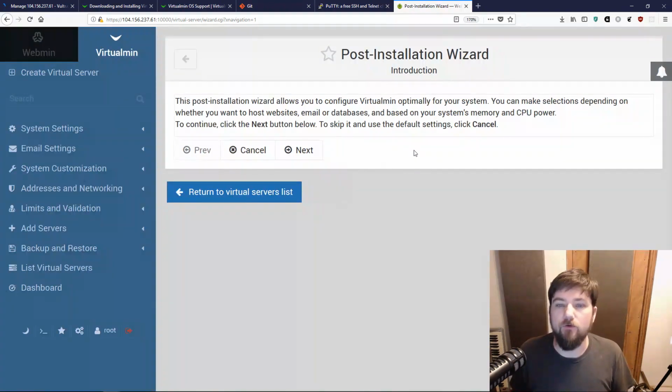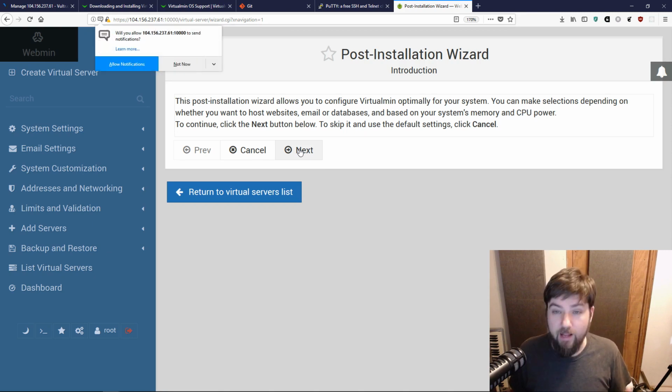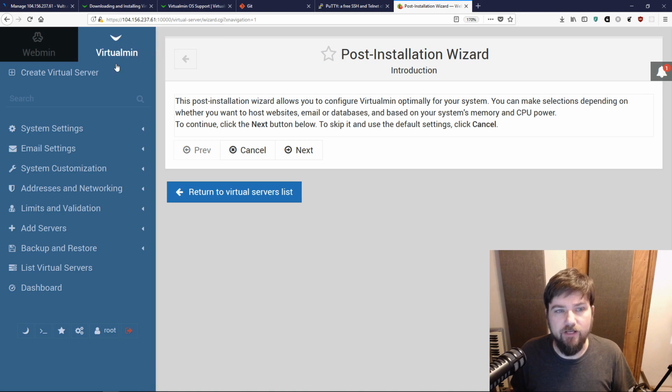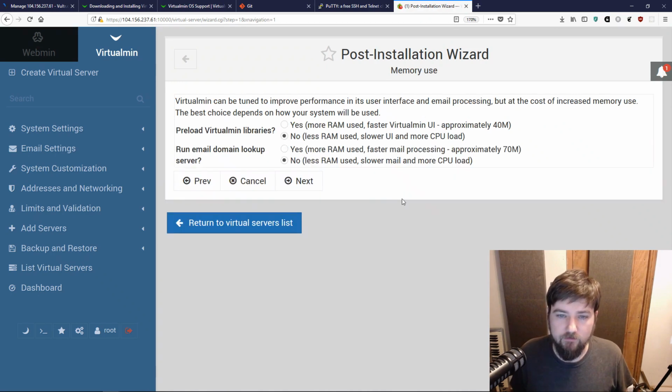Okay, so now we're going to run through the post-installation wizard. This is Virtualmin asking you a few questions about what you'll be using your system for and about how you want to prioritize memory usage. And I'm going to allow notifications. This allows Virtualmin to tell me about things on the system, and we'll talk about that more in a minute. But so we'll just go through this and walk through it and talk about the steps and what these questions